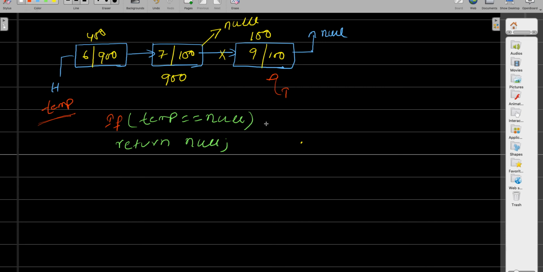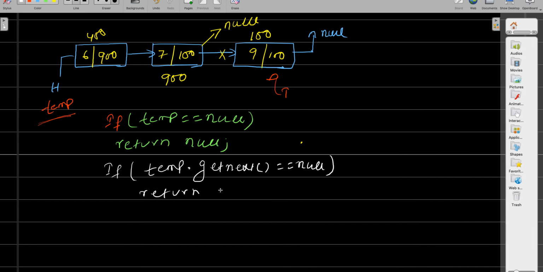Your second condition should be this is null. Now the second condition is you need to move, right? So you put one more condition here: make sure that your list has at least more than one node. So if temp.getNext is equal to null, assume that, which means your linked list has only one node. So you are going to remove the head node, right? So you return head here,